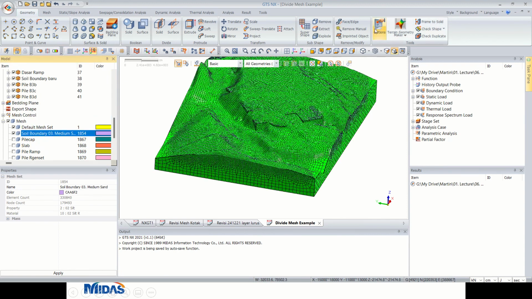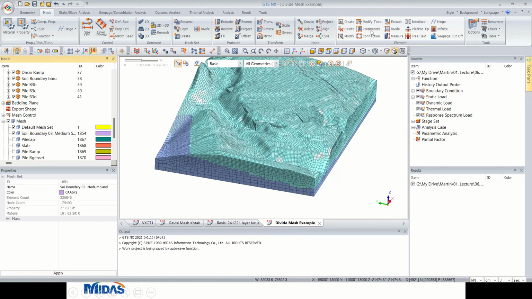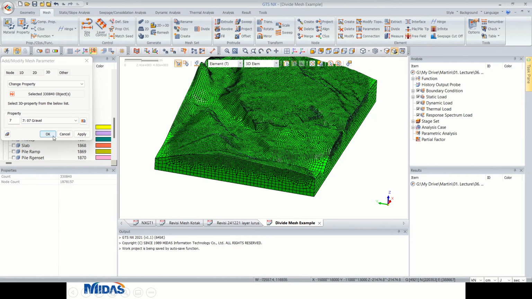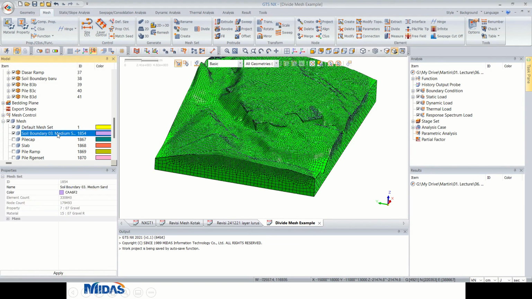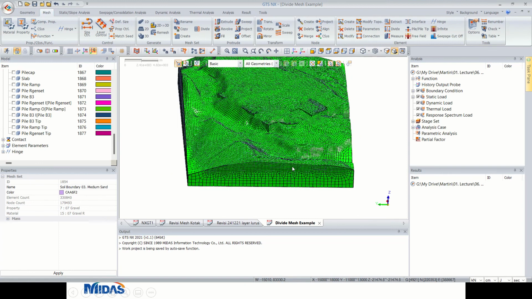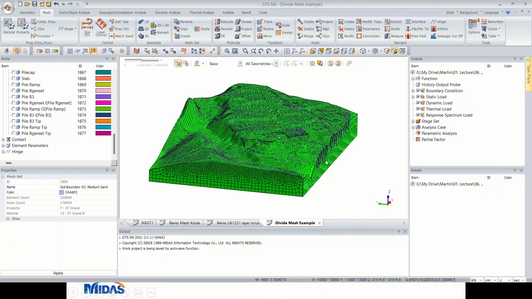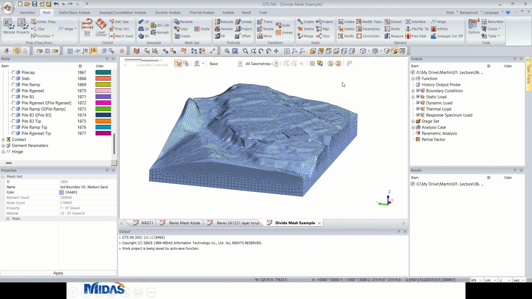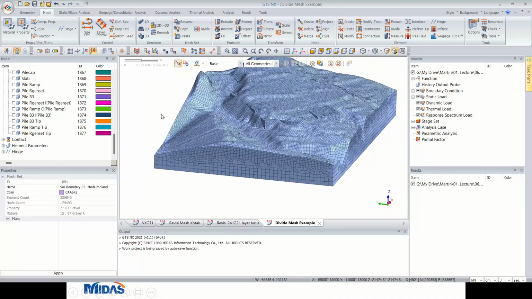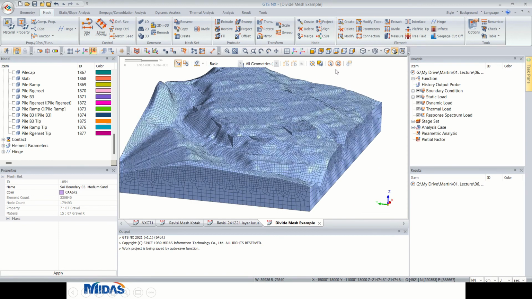So this is an example. Let me restart. Let's say all this mesh has only one parameter, and we have a problem. How do we assign different soil layers into one mesh set? The previous version cannot do this. This is only applicable in the new version. If I use divide geometry like the previous one, I have the very small mesh problem, which is non-existent here because I use a very big geometry and make the mesh first. So in a way meshing is easier, but then it does not split according to the soil layer.